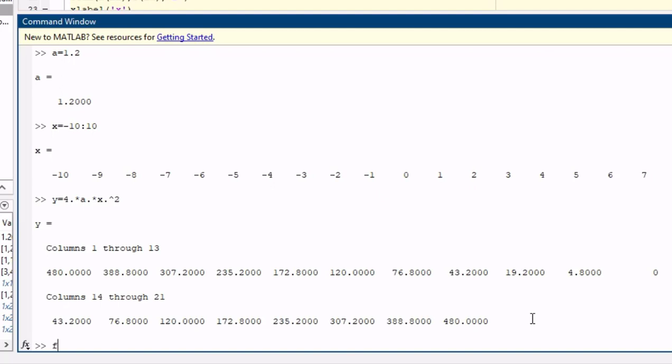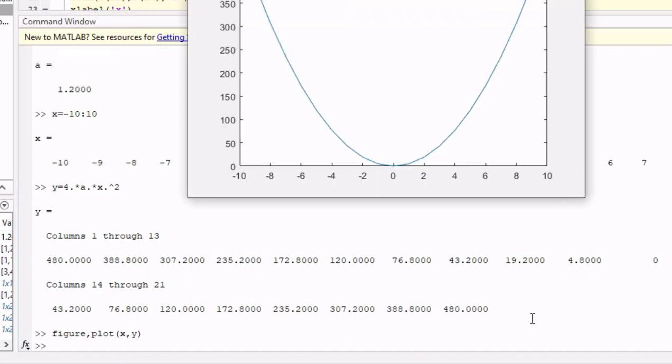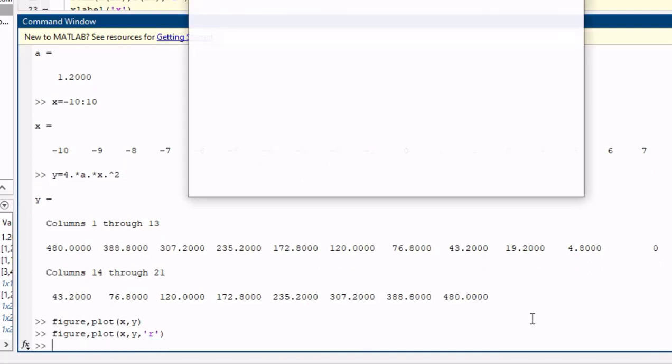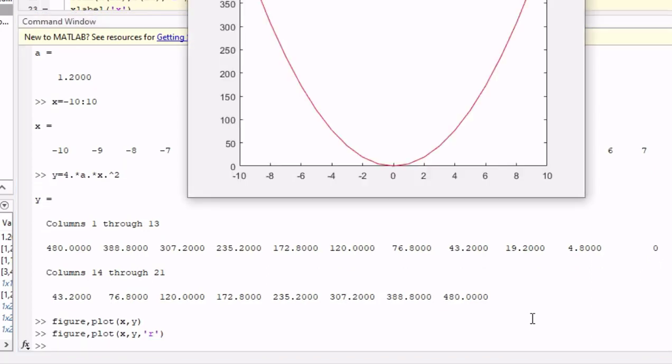When you plot this graph using figure, plot x comma y, we get a parabolic graph. By default it shows in blue color. If you want a different color, just write r for red.